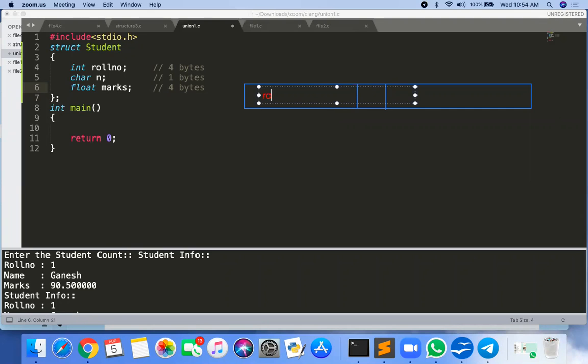So this is my roll number, this is n, and this is my marks. The size of this is 4 bytes, the size of n is 1 byte, and the marks size is 4 bytes. If this is the object of student, then this is the memory allocation. Getting?